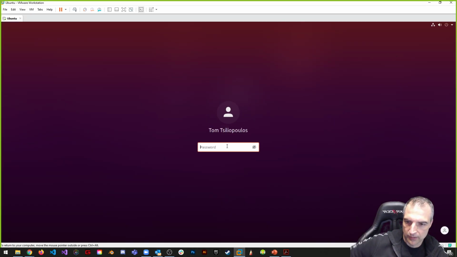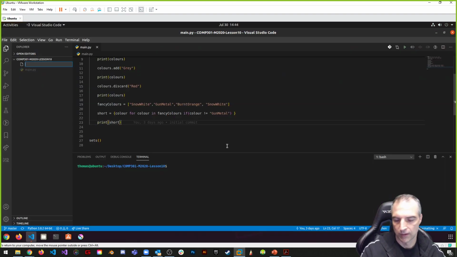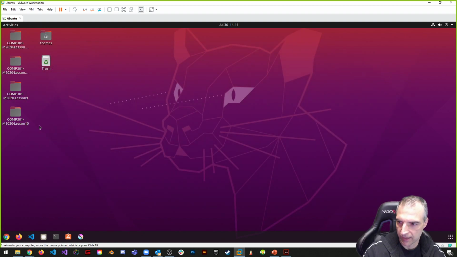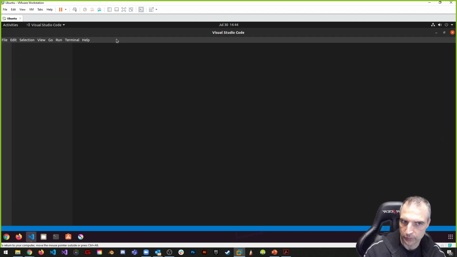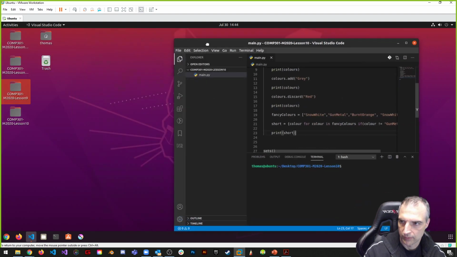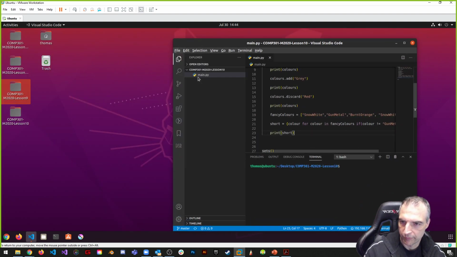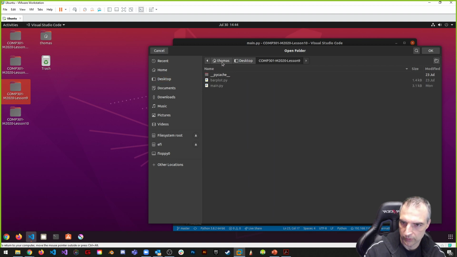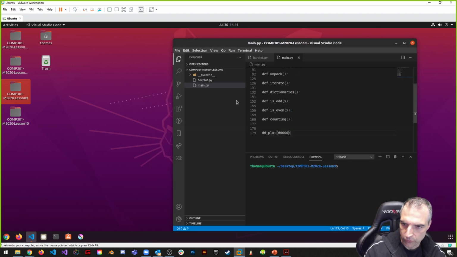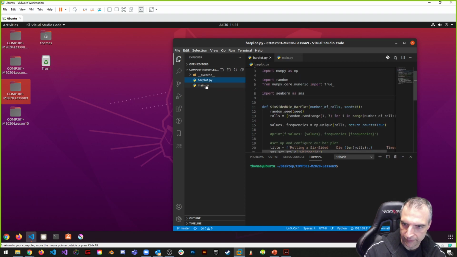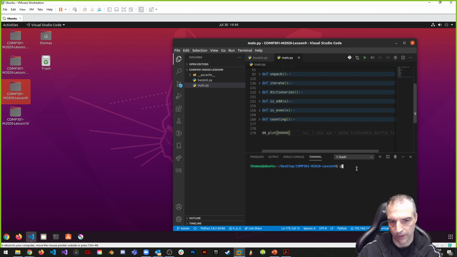So I go back to my Linux installation, and let's bring up last day's code. Last week we did this one, COMP301 lesson 9. If I bring up Visual Studio Code and open last week's folder just to do a comparison, I go File, open my folder, and look at barplot.py. If I say Python and then main.py,